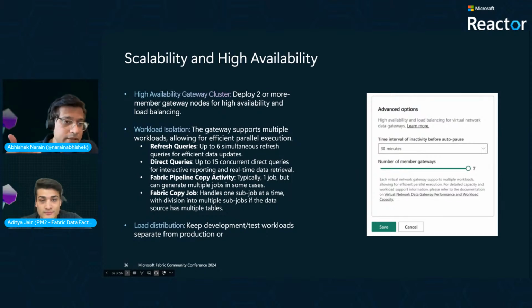Workload isolation and load distribution are key important things when you're planning gateways, so that you don't overload a single gateway. For example, when you know that you're going to run 100 parallel copy activities, you shouldn't be doing that at the same time. You shouldn't probably be using a single gateway. Rather, you should create gateways per team or per pipelines, or whatever that unit is,